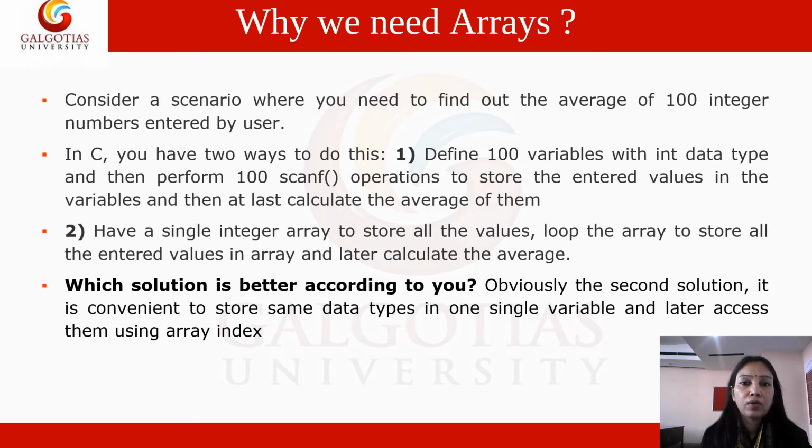Now I hope you all understand, whenever we have a requirement to declare variables, it is easy to declare 1, 2, 3, 4, 5 variables. But if you need more than 100, more than thousands of variables, it is not good practice to declare that variable 100 times. If it is of the same type, an array is the best solution for the problem.